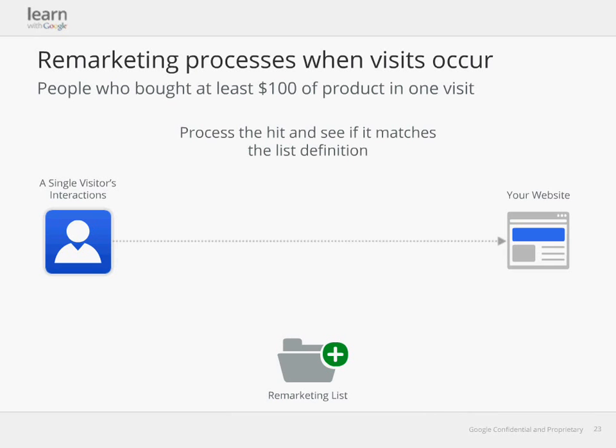So the example is, imagine you have defined a remarketing list using that UI I've demoed recently, where you target people who bought at least $100 of product within a single visit. Now, the first key principle here is that our system actually processes that definition, your remarketing list, as visits, really as hits, individual hits occurring to your website. So to bring this to life, at the bottom here, I've got a single visitor on the left, and you will see a series of their visits,